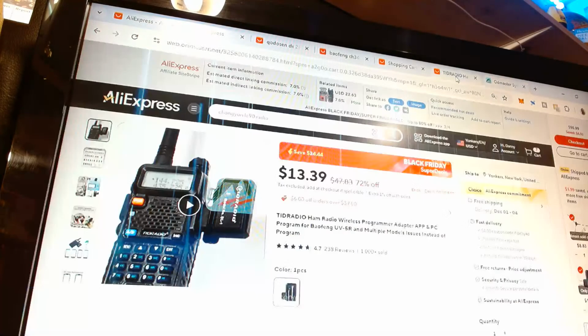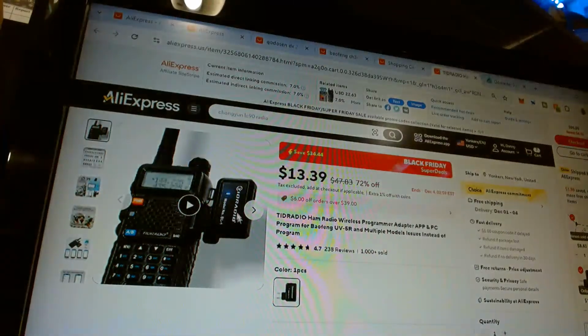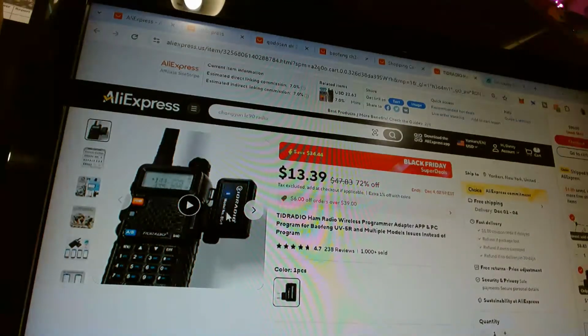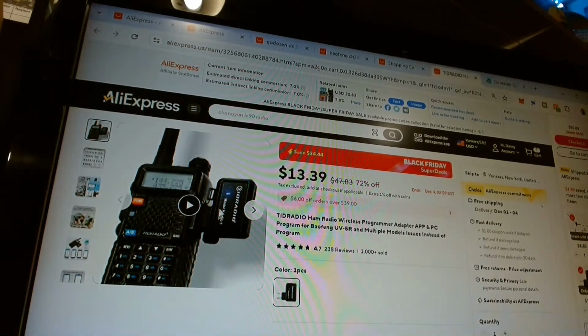So that's why I want to test this out. I'm gonna buy this. I'm gonna use it anyway because there are some radios like the original Baofeng where I don't like the original software. I like Chirp, but this software is even better than Chirp because it's gonna copy everything. Boom. You don't even do copy and paste. You just select. A lot of people like this Bluetooth thing, so I'm definitely gonna buy that.